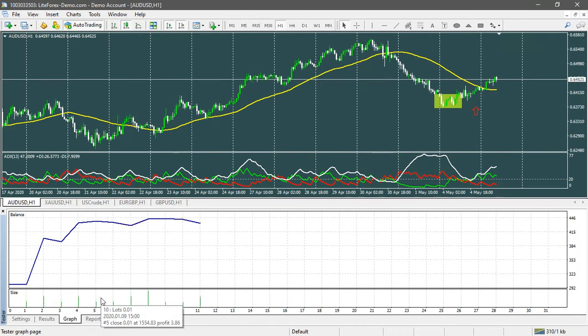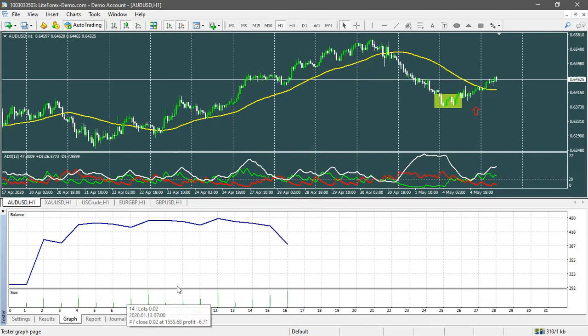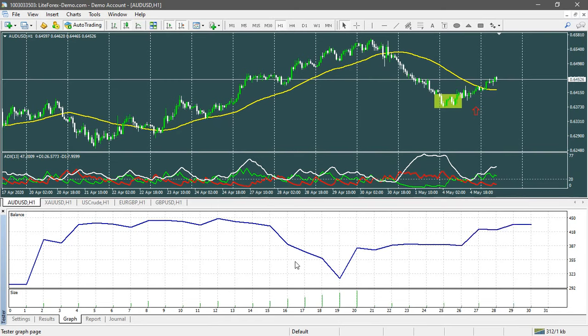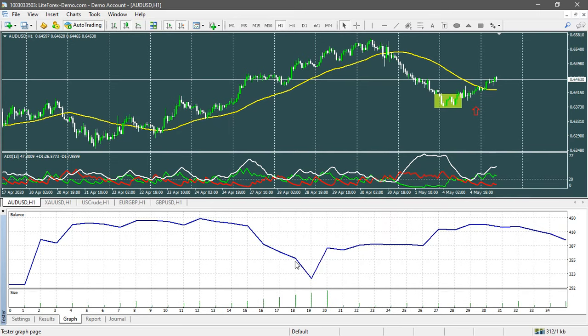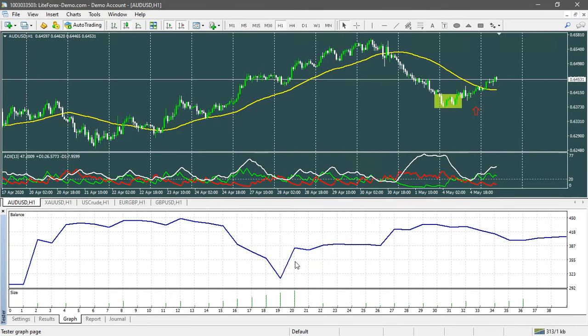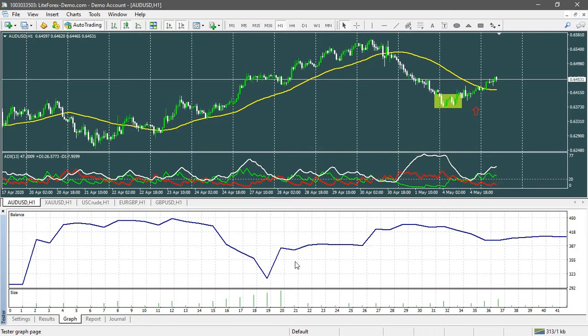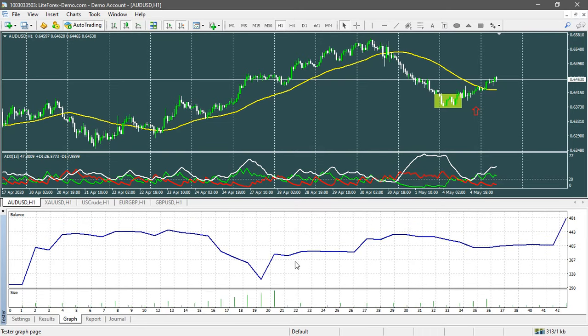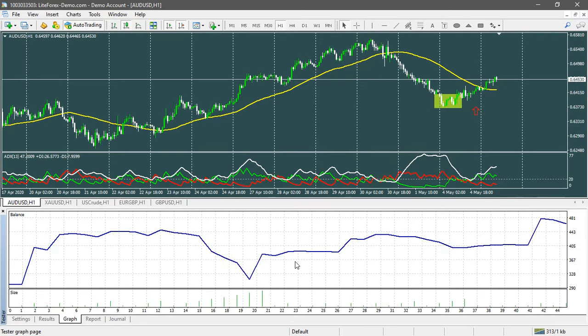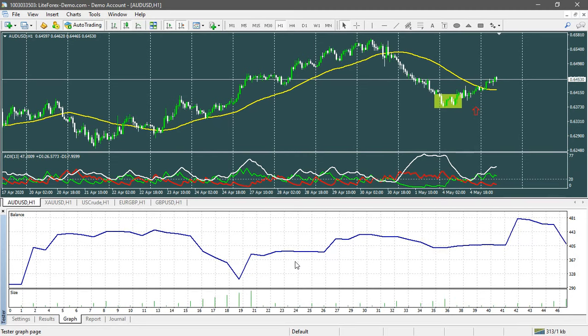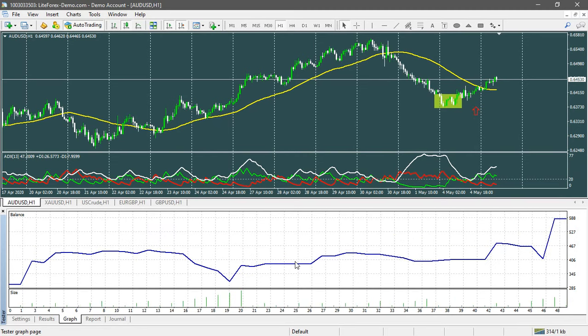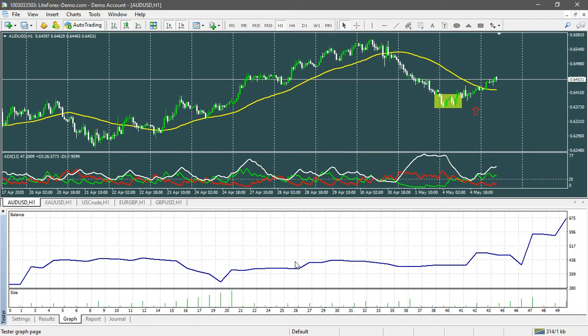From the $300 initial deposit, we're up to around 400, 450 maximum, then 387, a few losses there, back to 418, back to around 387, 418 there, a few losses, and then up to 481, then 405. We're ranging around the 400 area, up to 588,